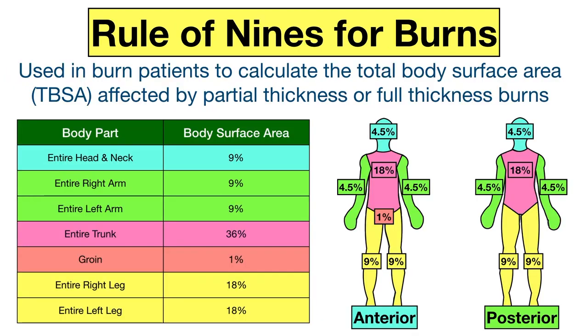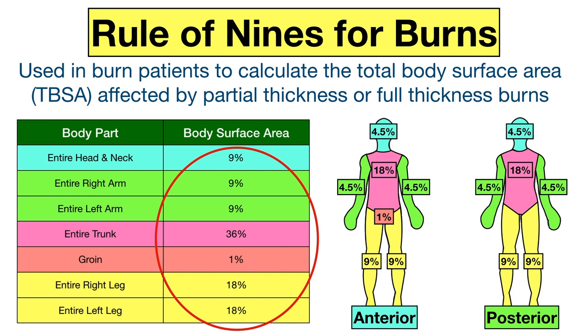One of the more common methods for calculating the total body surface area is the rule of nines. We talked about the rule of nines in the previous video, so make sure to check that out if you want to learn a simple way to calculate total body surface area. Basically, the rule of nines provides a body surface area percentage for different body parts, as you can see in the table and diagram. This can then be used in burn patients as a way to calculate the total body